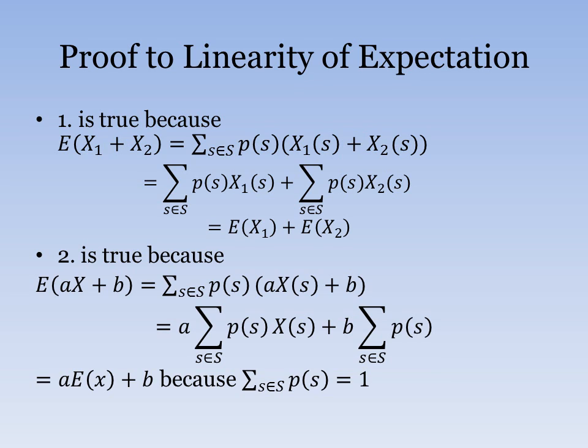Now for the second one, we have the expected value, and we turn this into a sum by definition. And then we could split this into two sums again. And here, we take b out in front and a out in front of the sums because they're just scalars. And then we can equate this to this here, because for this part of the sum, p of s sums to 1. And here, p of s and X(s) is not 1, not constant.